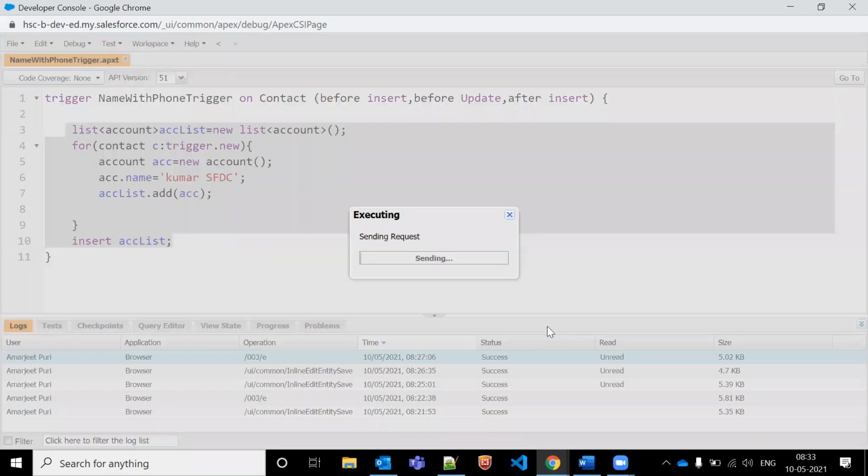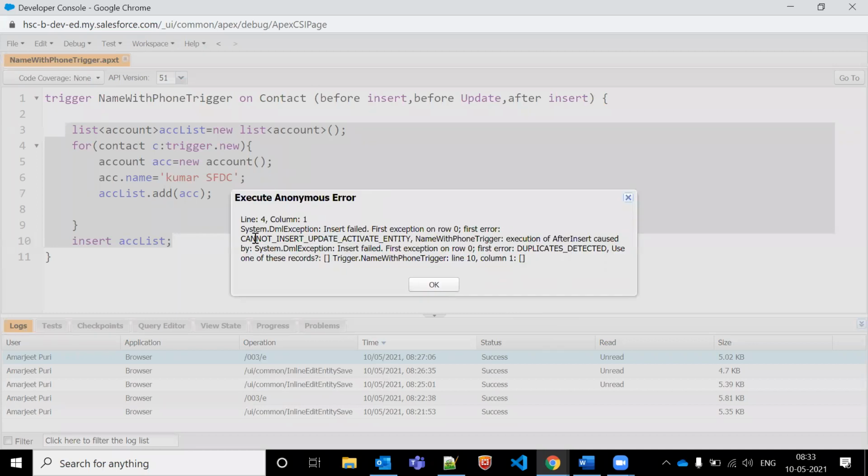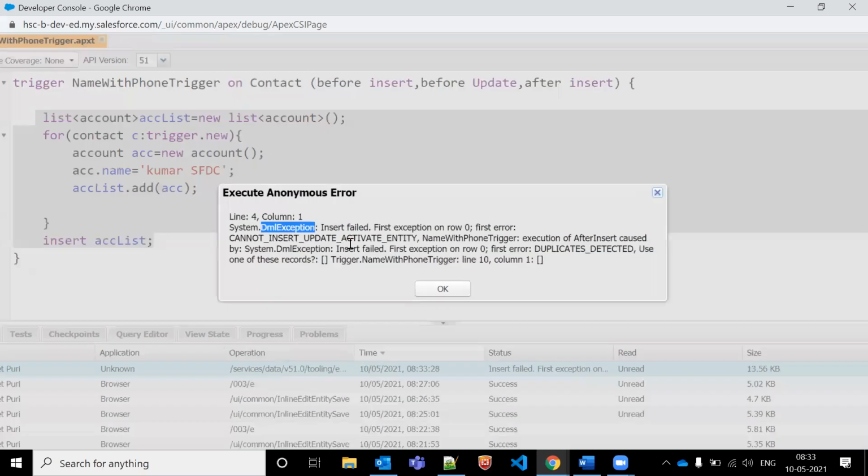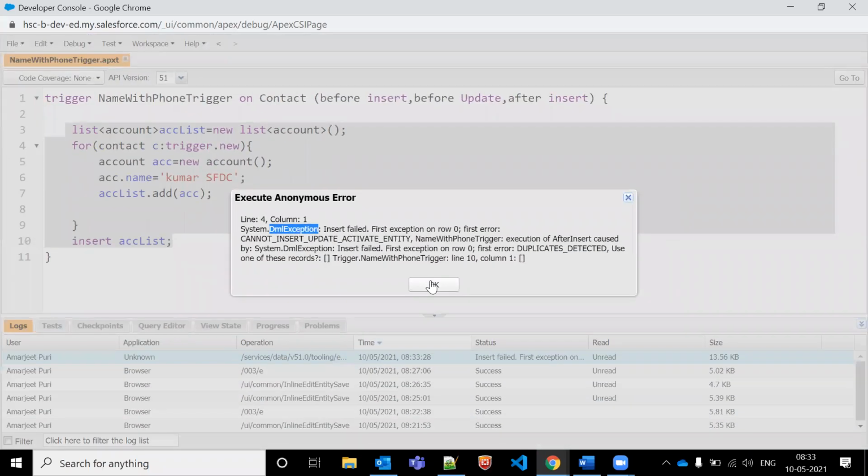Something like this I'm doing. It is showing an insert failed, like a duplicate. Is there any duplicate rule or what? Let me check. It's the trigger dot new name with phone trigger. Okay, let me do one thing.